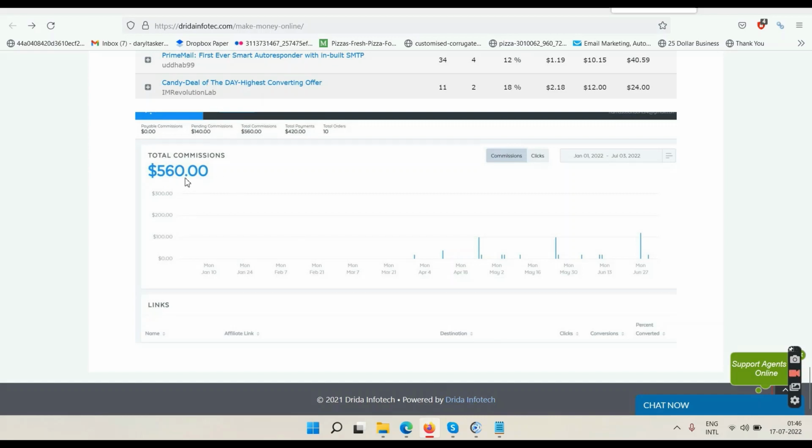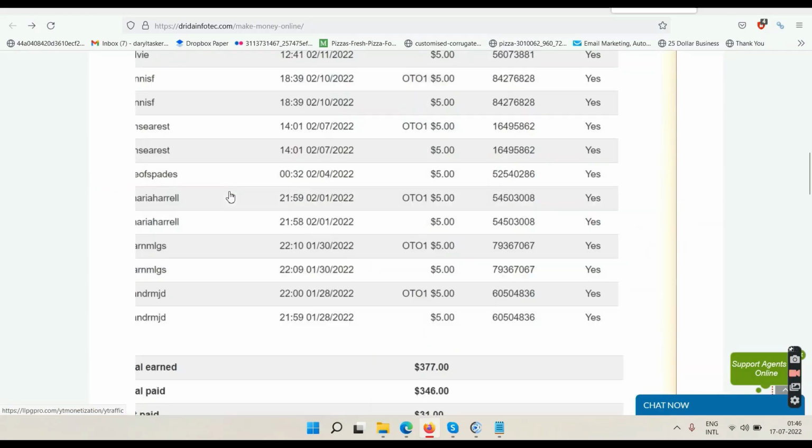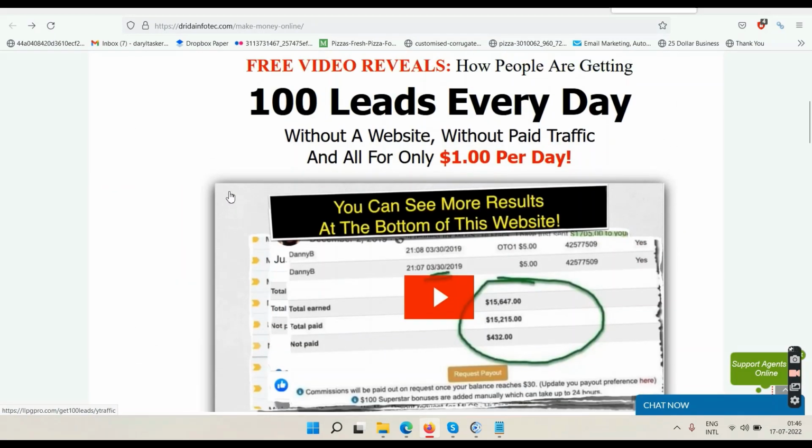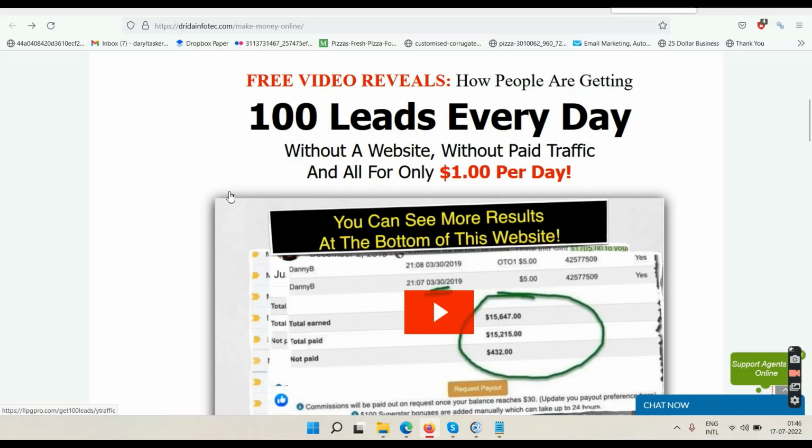These numbers will grow, because again, I'm telling you, this is a recurring commission system. So right now, if it shows 560, in the future, it might be well above 600 or 700. So the data will be changing when you're watching the video in the future. Okay. All right, great. So we have these two methods, email marketing and YouTube. Now, if you can master these two methods, you will never need to learn any third way to make money online. So go and check this out.